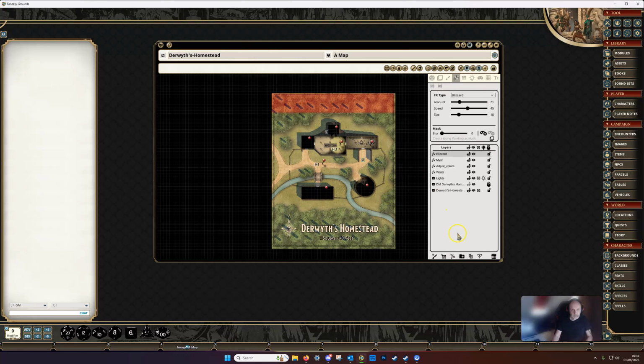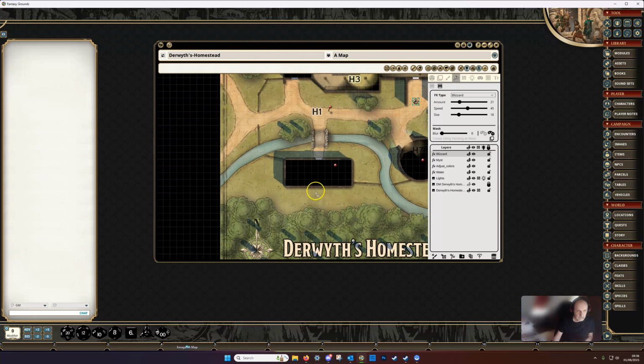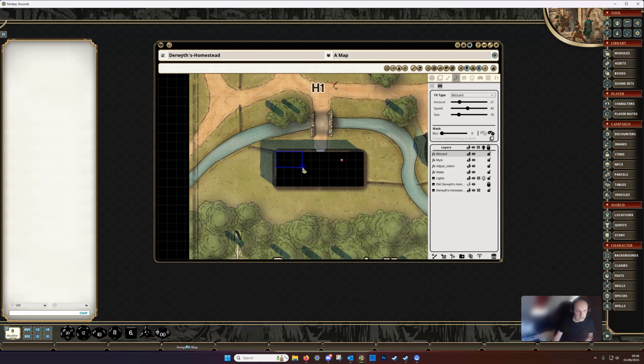So what we're going to do is enable our mask. We're going to ensure that reveal area is on, and then we're just going to reveal the whole map here. Which brings us back to where we started, oddly enough. But now we have this tool here which we can use to hide an area. If we come into this building and draw around the building, then that's hiding the blizzard from inside this building. So the blizzard is no longer